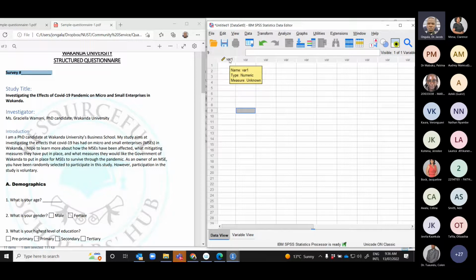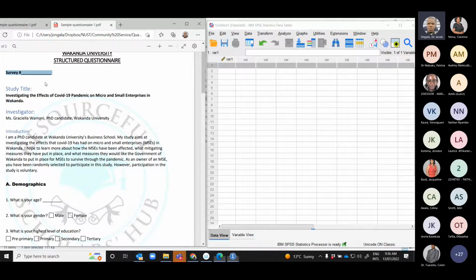Now, how do I pick my variables? How do I know my variables from my questionnaire? As we mentioned, each and every row here is a questionnaire. So all of this row is going to be one of these responses. So in this questionnaire,